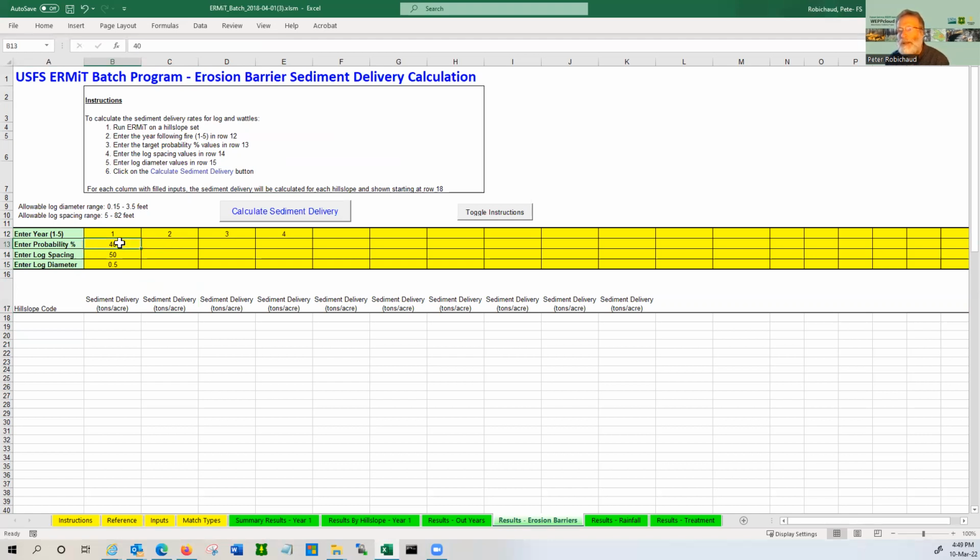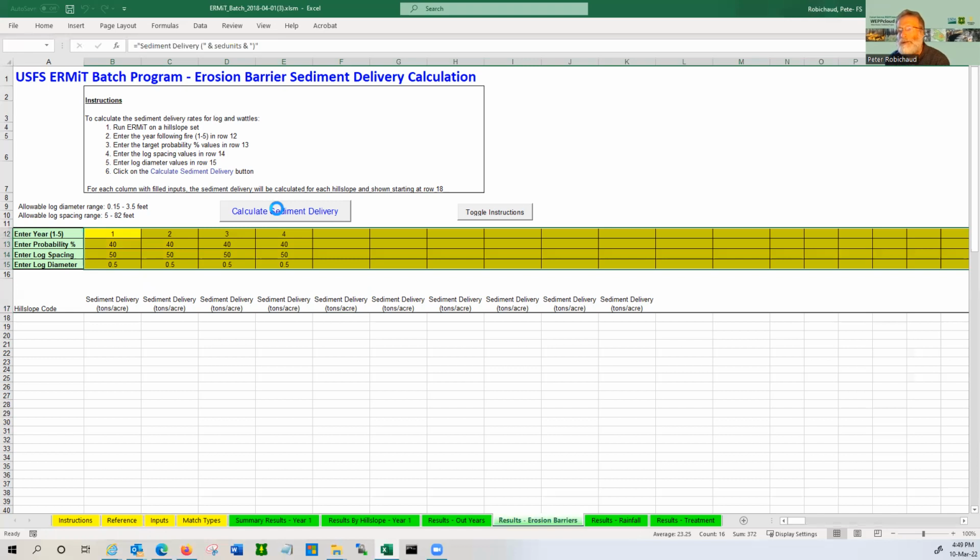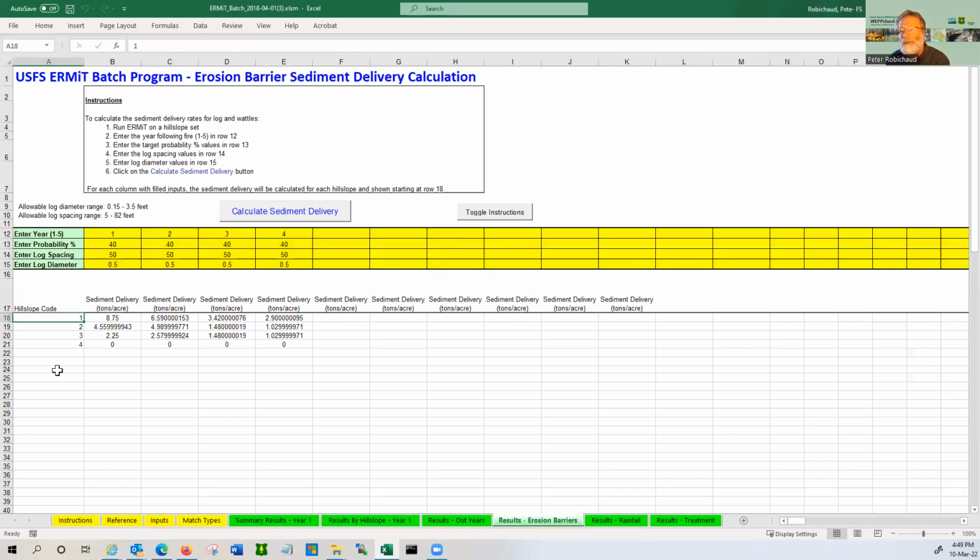And then I should be able to grab these 3, bring that over like this. That carries over. So now I have my table filled out, calculate the sediment delivery. I clicked on it twice, calculations are done. Here's my hill slope code. Here's my sediment delivery. When I use a contoured fell log or straw wattle, this is the amount of sediment I might get, about 8 tons. After that high burn severity, there's a 40% chance with this particular spacing that I might get 8 tons of